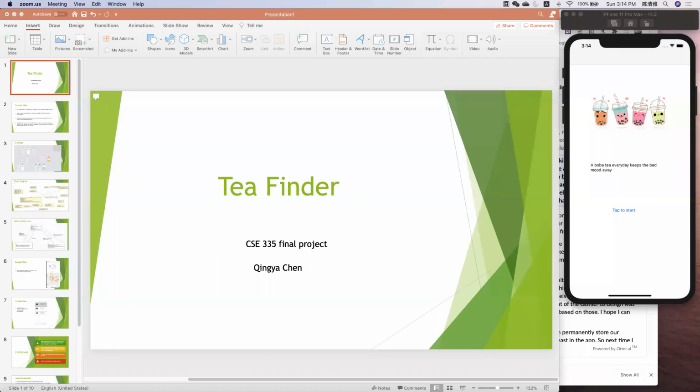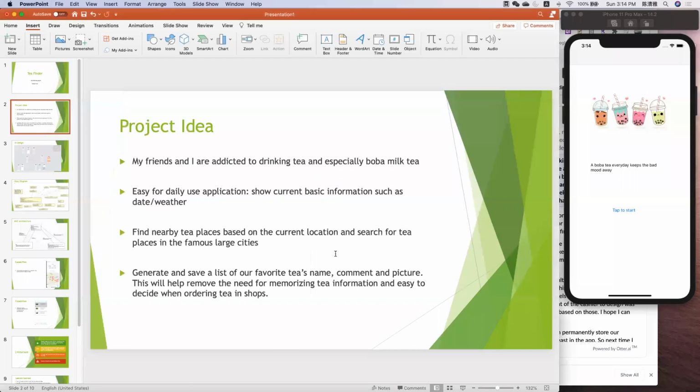We have two concerns. One is that when I visit a city, for example, New York, I don't know where the nearby tea places are and always have to open my Google Map to check, which takes me a lot of time. The other thing is I'm a really picky and hesitant person who has difficulty making choices when I am ordering something. My friend also told me she felt embarrassed when standing in front of the cashier to decide which drink to